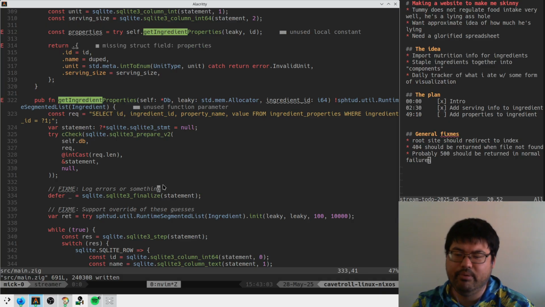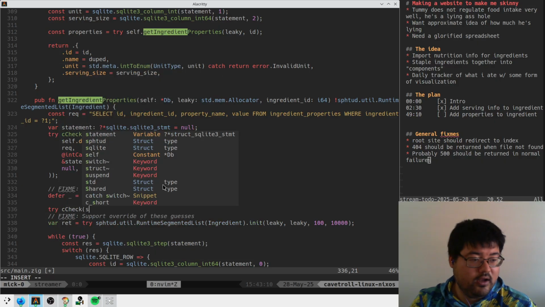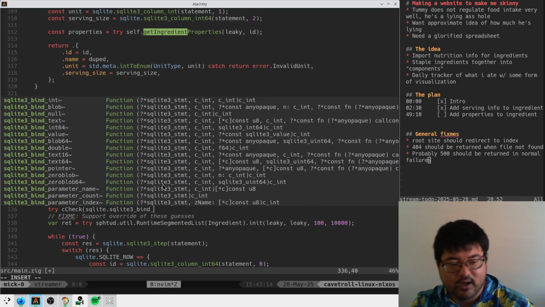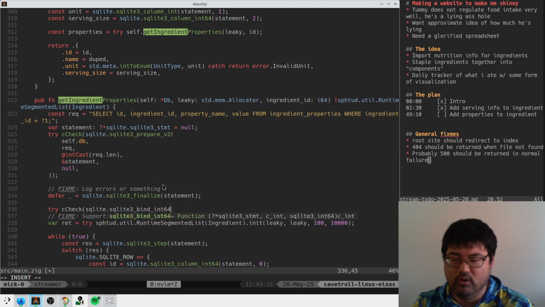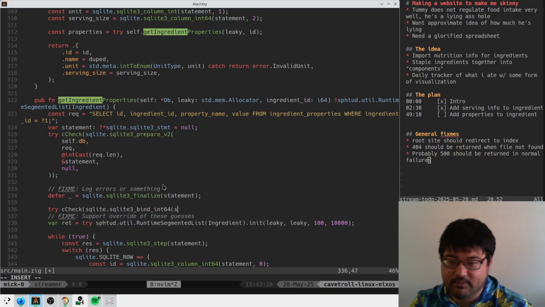Okay, so we're gonna bind that somewhere. We're gonna do C check sqlite3_bind_int64, and here we're gonna use the statement